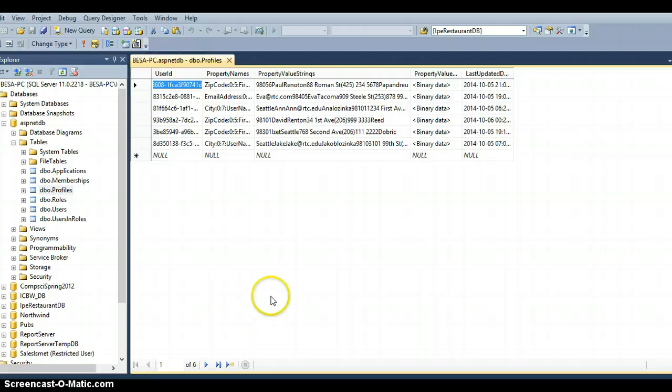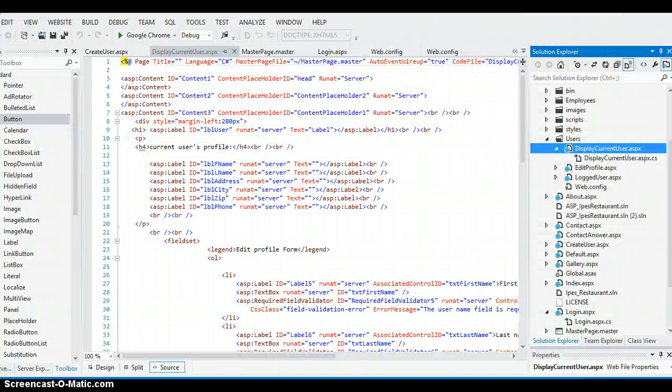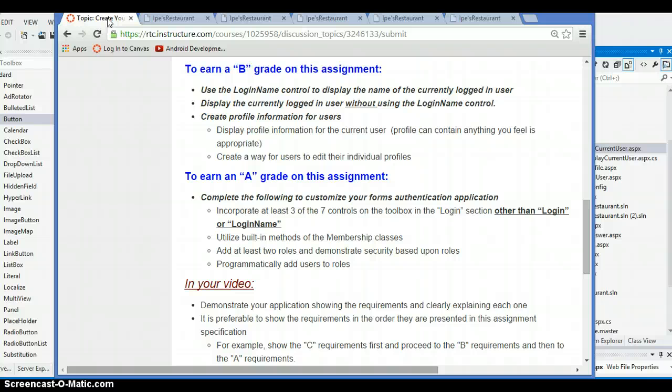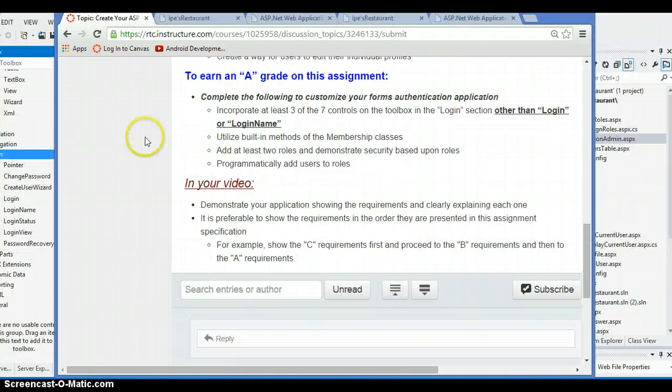As you can see, I just edited his profile. And next requirement. Oh, I'm done with B. So and next